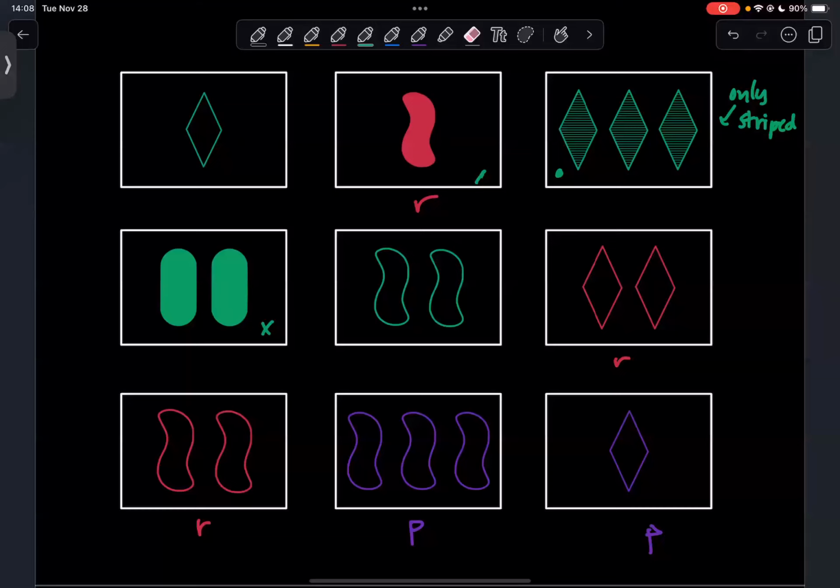And so we want to think about what card would complete that set and does it show up here? So we have 2 filled in ovals and then 3 striped green diamonds. And so in terms of number, it would have to be 1. In terms of color, it would have to be green. In terms of filling, it would have to be empty.